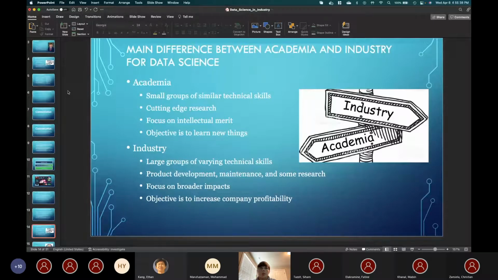In academia, we have small groups focusing on intellectual merit. We're not doing large-scale product development. But in industry, we have large groups of people working on the same thing. We have product development. We're really focusing a lot more on the broader impacts. How do we make sure that our customer likes what we're doing? And because of that, there are a lot of initial problems that crop up that have solutions through various tools. So I've put together a list of them, and I'm going to introduce each one with the problem that initially arises, and then talk a little bit about the tool after that.